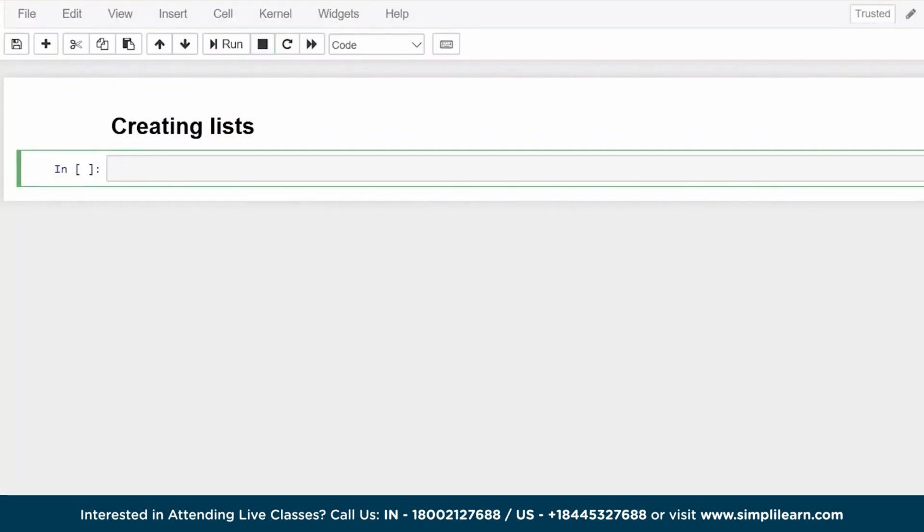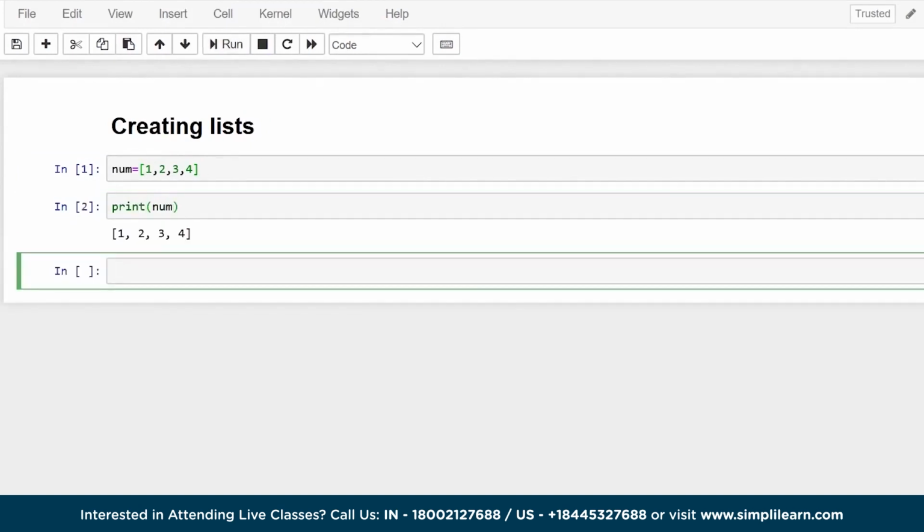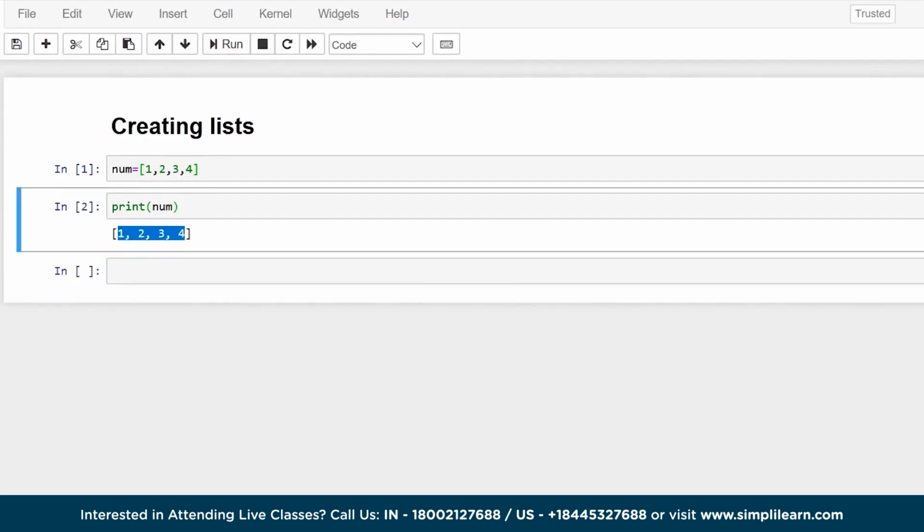So this is my Jupyter notebook, and we'll start by creating the most basic list, which is an integer list. So my list name would be num, and then open square brackets, and within this, just put in your numbers separated by commas. So that is my first list. Run this, and there seems to be no error. Let's now print this list out just to see what it looks like. And as you can see, the elements that we inserted in this list are printed, which are 1, 2, 3,